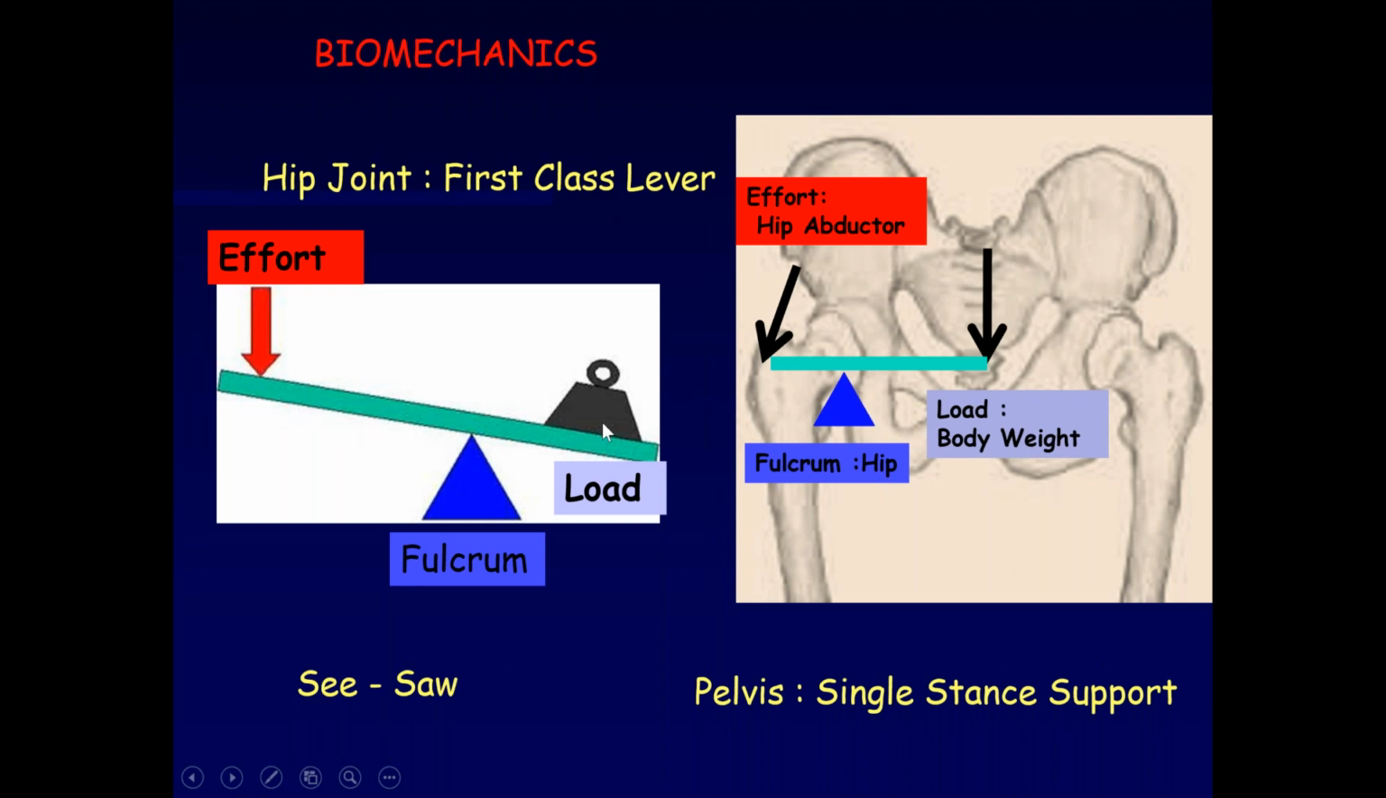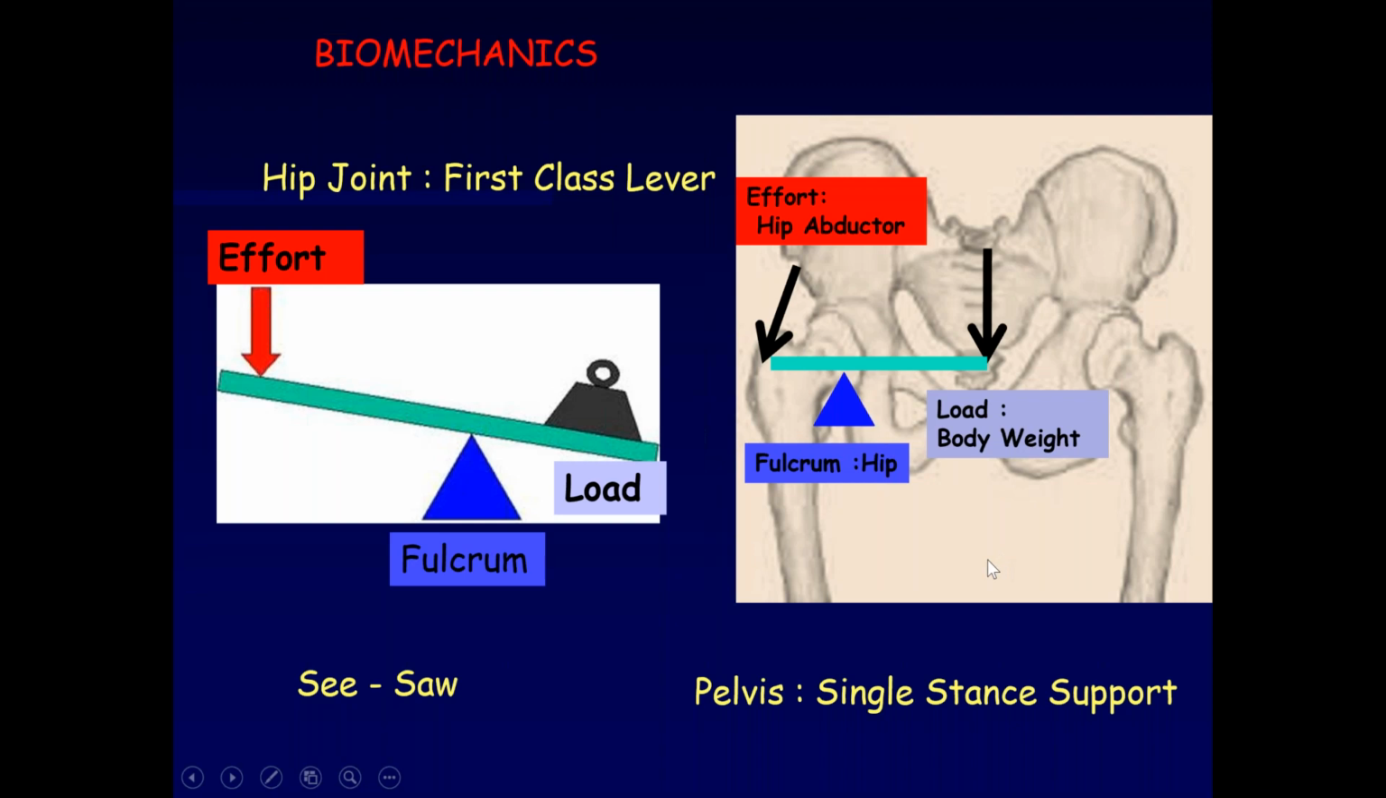So a heavy person sitting on one side can, or the other way, a lighter person sitting on one side can balance a heavy person if the lever arm is more, because this product has to balance the product on the other side. So in the hip joint also,